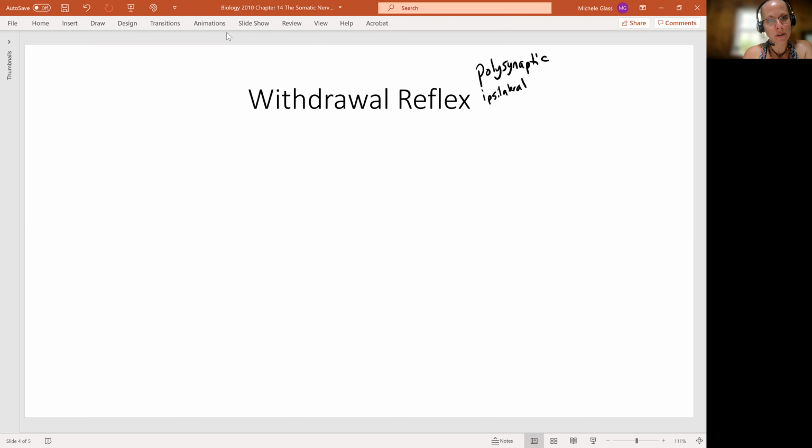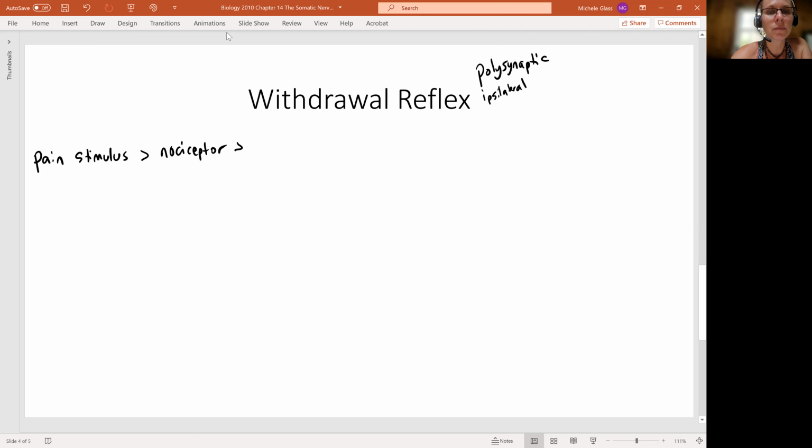When we talk about withdrawal reflex, this is often you touch something hot, you touch something painful. So we get something that's potentially harmful, a harmful stimulus, and then we pull away from that harmful stimulus. And so we're going to start here saying maybe we put our hand on a tack. That's a classic. So we're going to get a pain stimulus, which is going to stimulate our nociceptor. This is, remember, our pain receptor. And this signal then is going to stimulate the